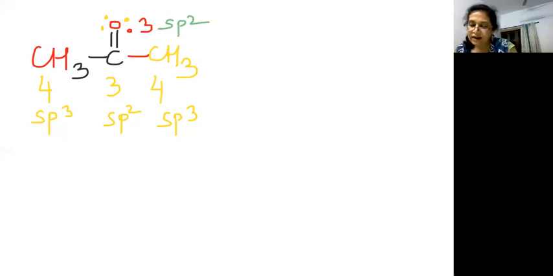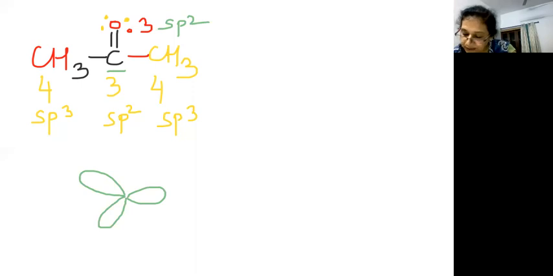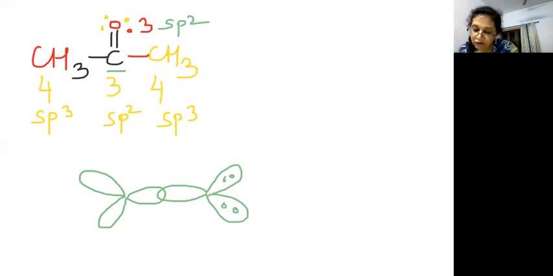Okay, so now let's start making the structure. Carbon, we are first making this carbon. This is an sp2 hybridized carbon. So let me make that. This, and this. This is an sp2 hybridized carbon. Let's make the oxygen now. The oxygen is again sp2 hybridized. So this is the oxygen which we have made. In the oxygen, lone pair of electrons are sitting. So we've made the lone pair of electrons.